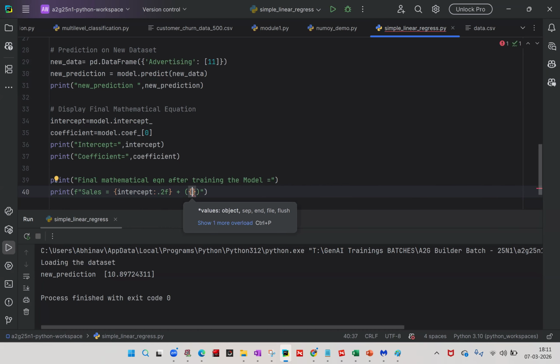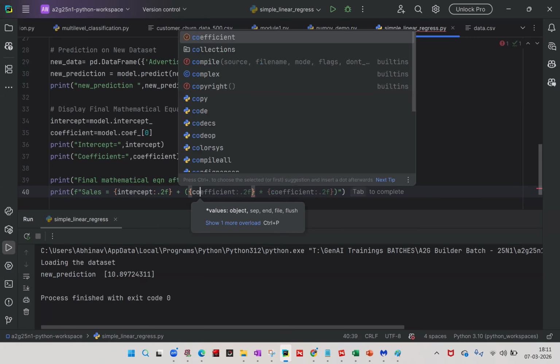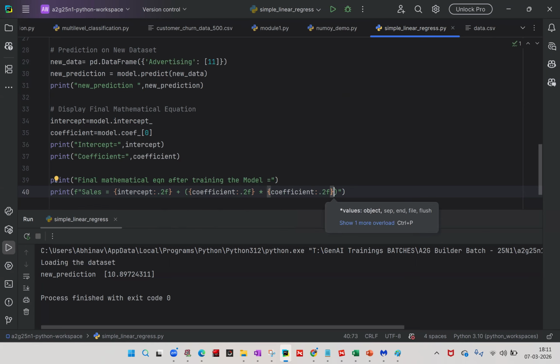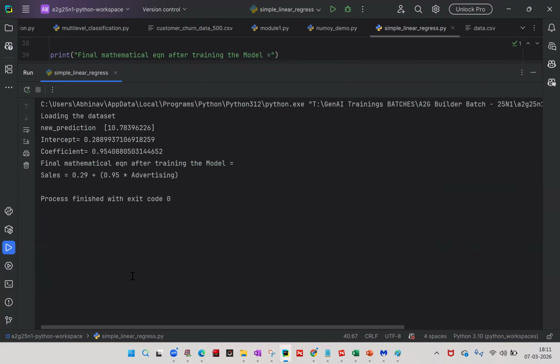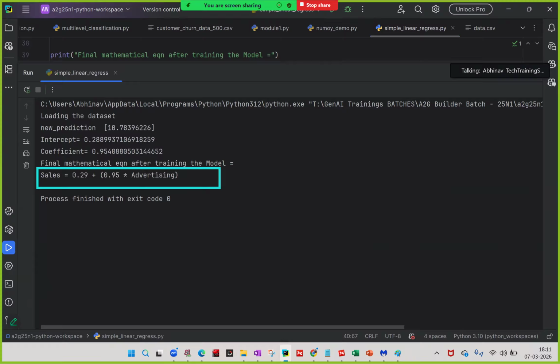So what is C1? C1 is coefficient, and we want to write the coefficient to two decimal places. So .2f into C1 X1. What is X1? X1 is advertising. Okay. So let's run this first and we'll see how the equation forms. Okay. So the final equation forms like this, right? So this is the equation that got formed when we trained our model on the data set, and it